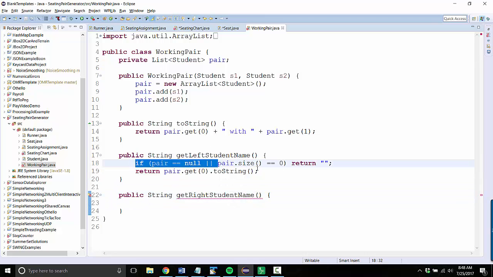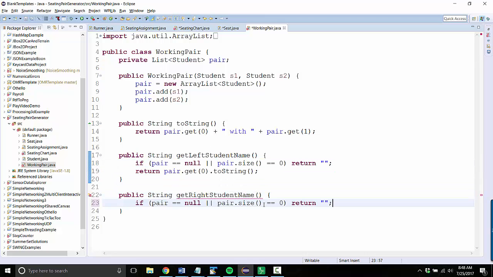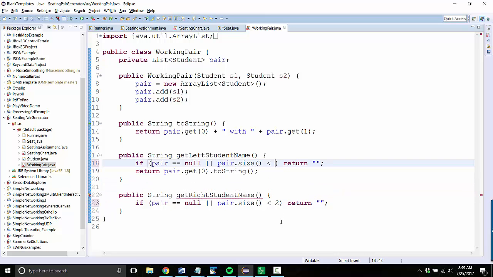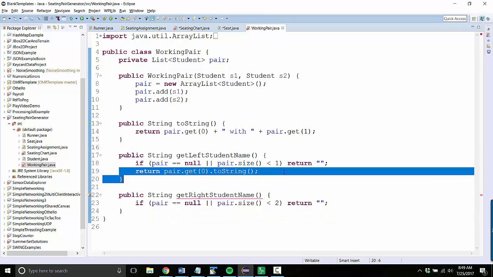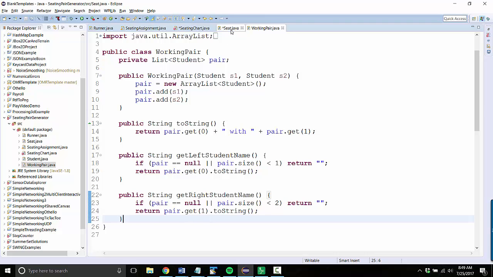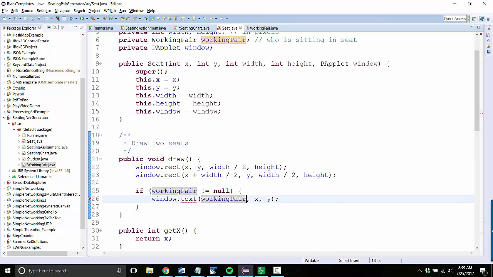And then same thing here, only this time if size is less than 2. Here I'll say if size is less than 1. Okay. Otherwise, I'll get the right-hand student, and I'll return the name. Okay, cool. So here we are back here, and I'm going to do working pair dot get left student name,